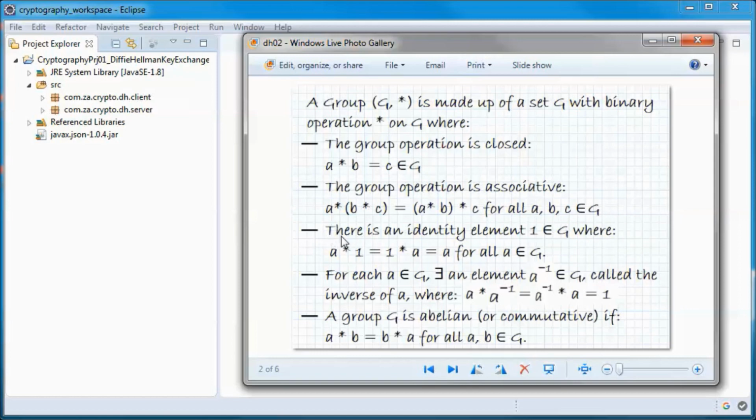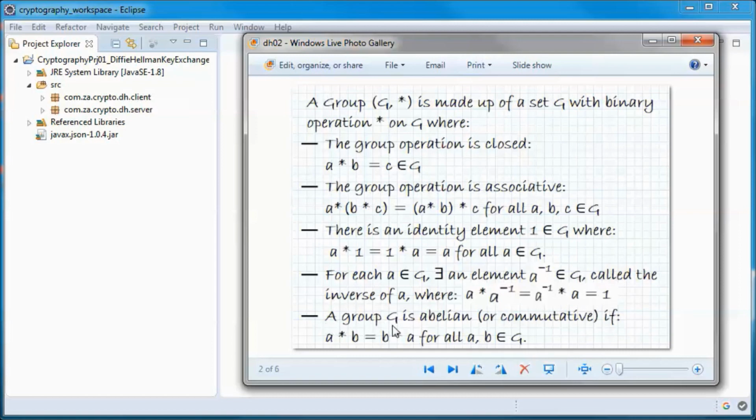And there is an identity element, 1, in G, where A times 1 is equal to 1 times A is equal to A for all A in G. And for each A in G, there exists an element A minus 1 in G also, and this would be the inverse of A, where A times A minus 1 is equal to A minus 1 times A is equal to 1.